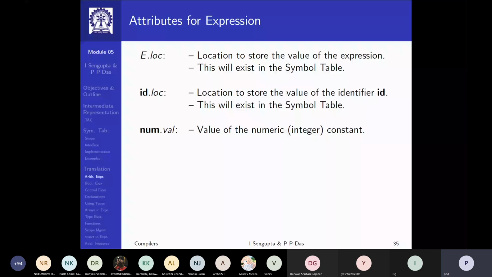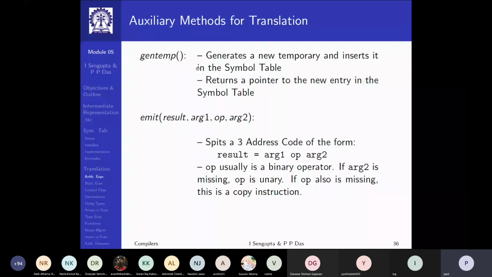And certainly, every identifier will also have a location, which is the place where the value of the identifier can be found. And finally, every numerical constant will have a value, which is the value of that constant. So these are the basic attributes of expressions.